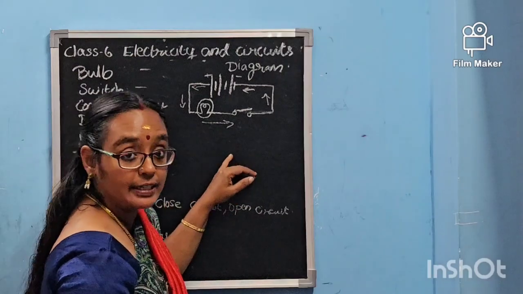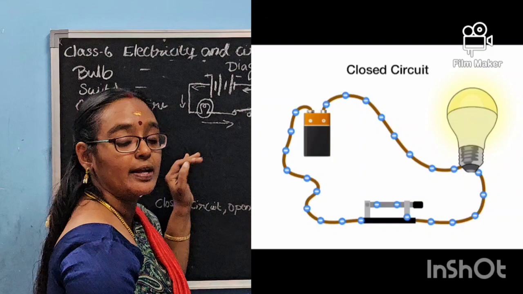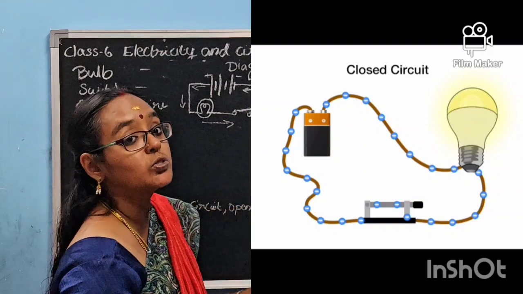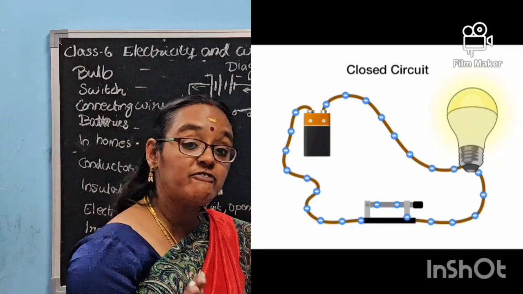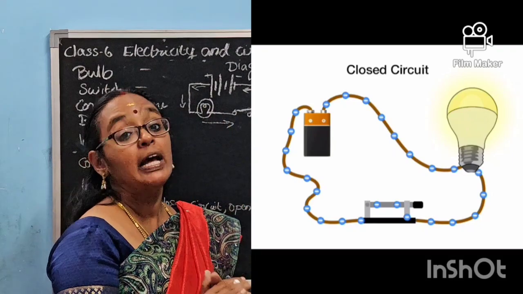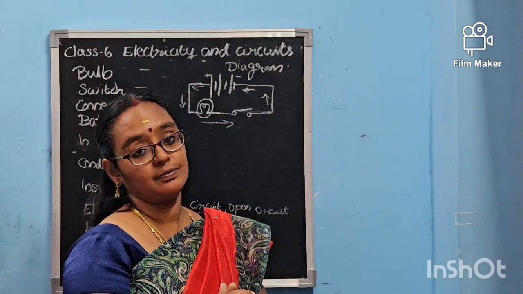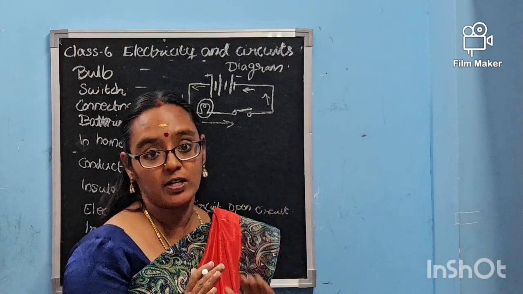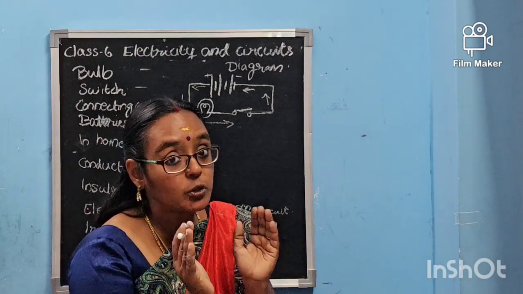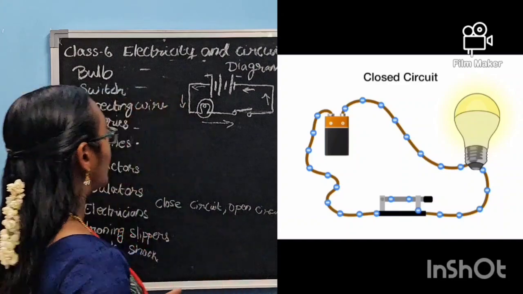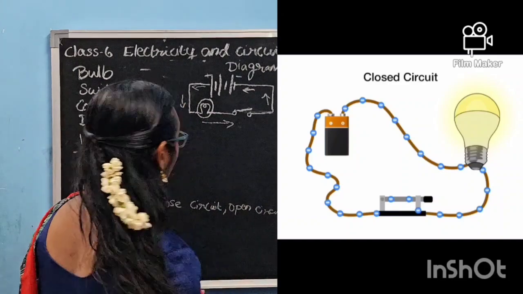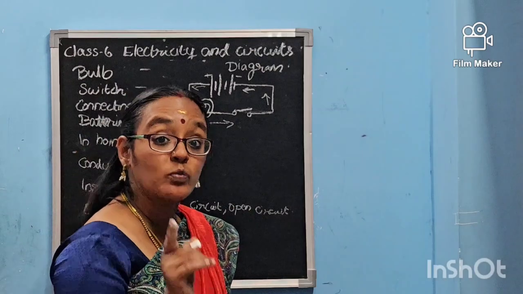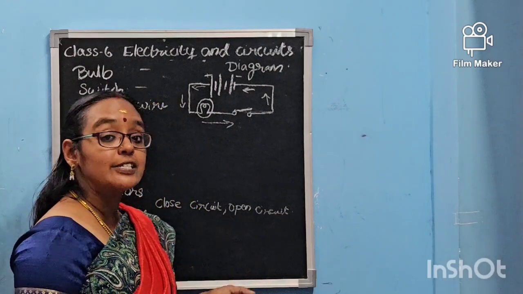And when the current is passing and the bulb is glowing, it is said to be a closed circuit. So for the current to flow, the circuit should be closed. Did you get it? For the current to pass through any object or substance, the circuit should be closed. Then only the current will pass through it. Keep this in mind because it's a very important part, and many questions